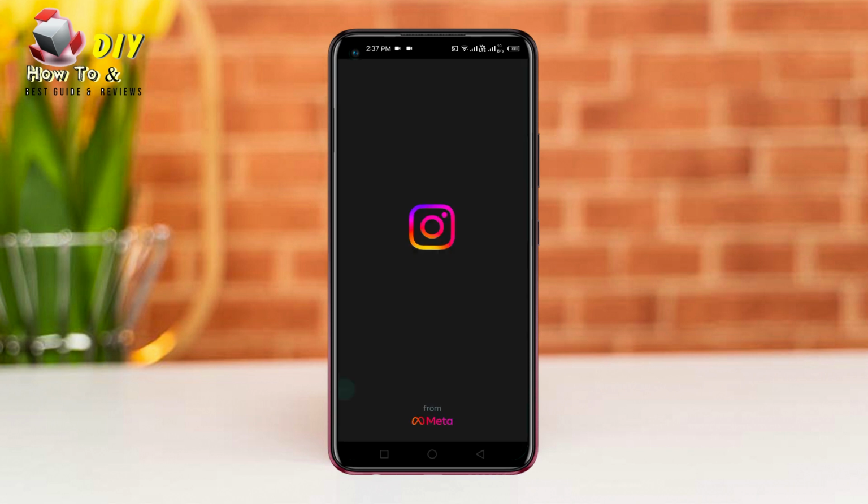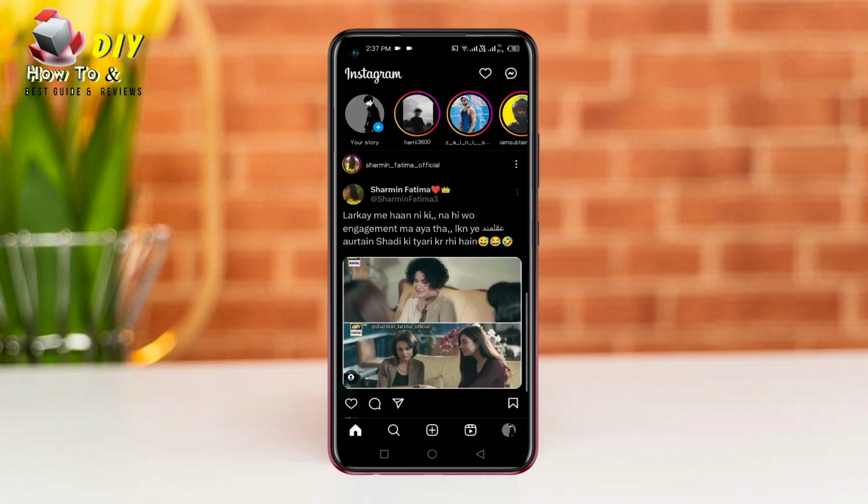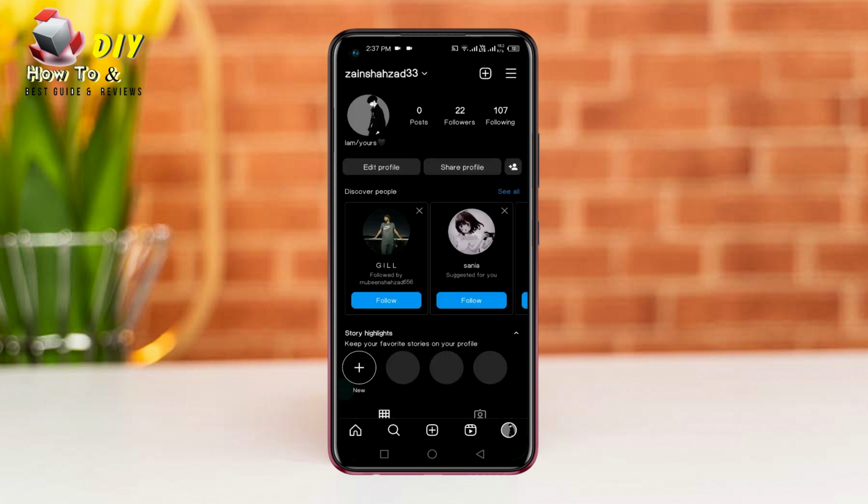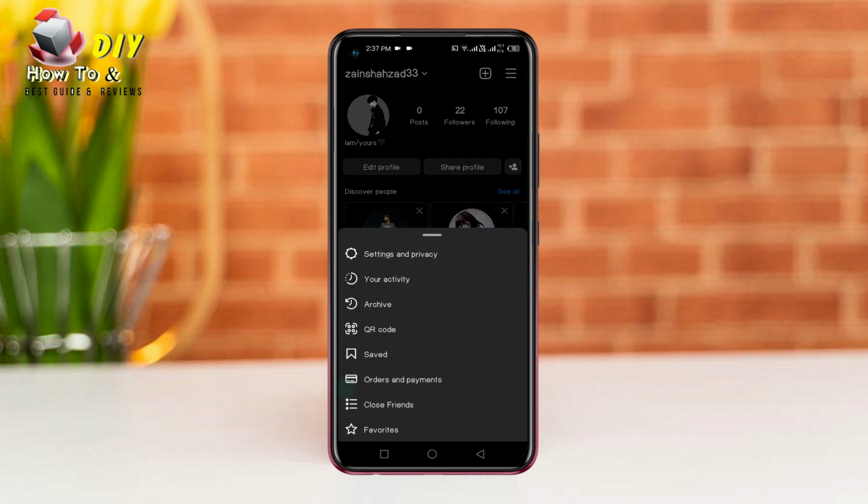First of all, open your Instagram app, tap your profile and tap the three lines in the top right, tap Settings and privacy,